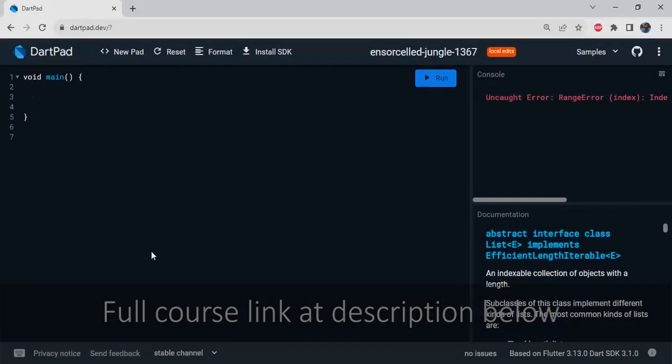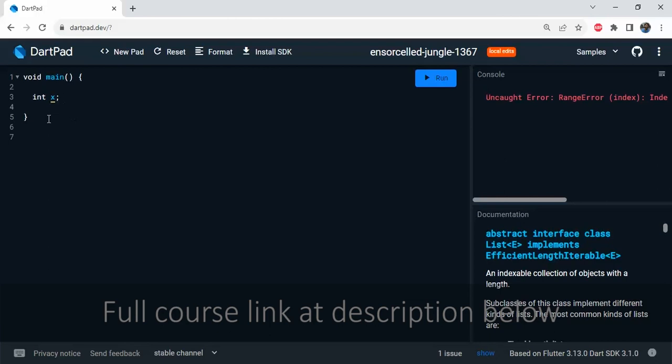Let's talk about nullable types or null safety in Dart language. So we saw that whenever we declare a variable, for example, I'm declaring a variable of type integer, at the same time we need to assign a value. Okay, so if we don't assign a value and if we keep it like this, we can actually